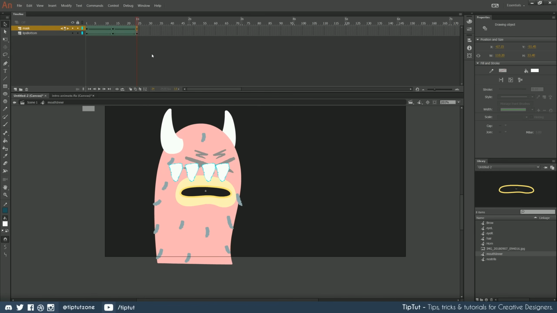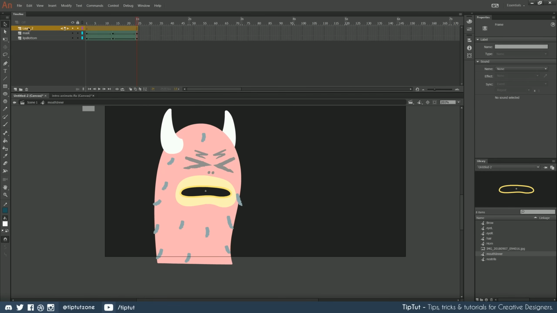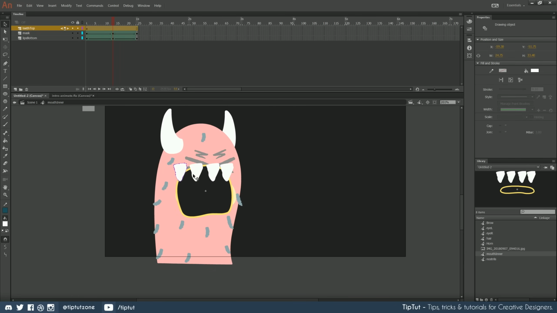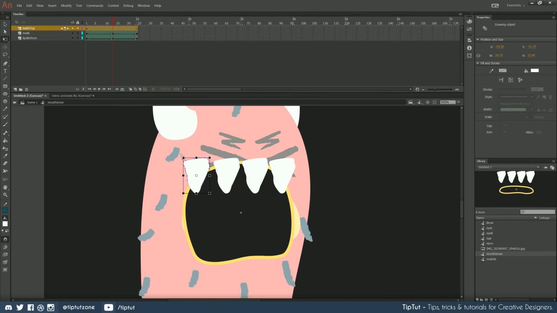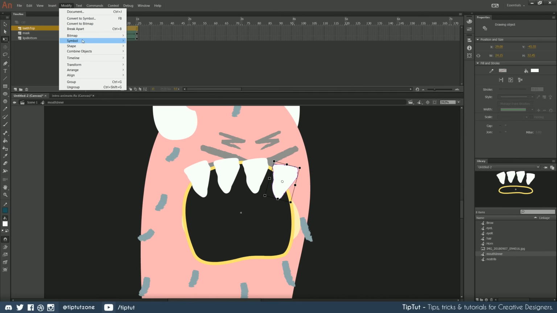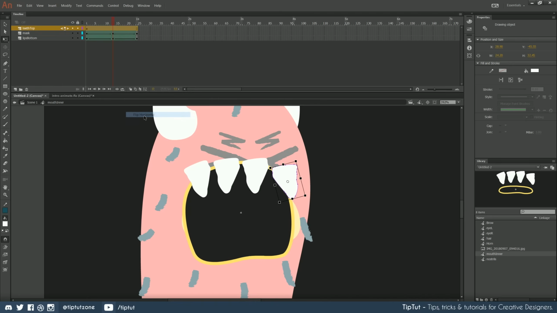Then I'm going to cut these and I'm going to put them on their own layer called teeth top, and I'm going to paste them on the middle frame here. Now I'm going to position them when they're open because that's the most important part. So I'm going to start bringing these around. Maybe these outside ones can be rotated a little bit so they look a bit more creepy. Maybe we can reflect these and rotate them so they look less uniform. That looks pretty good. Pretty happy with that.